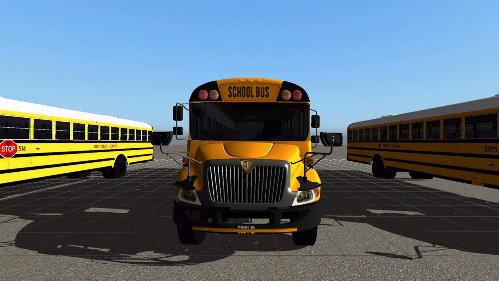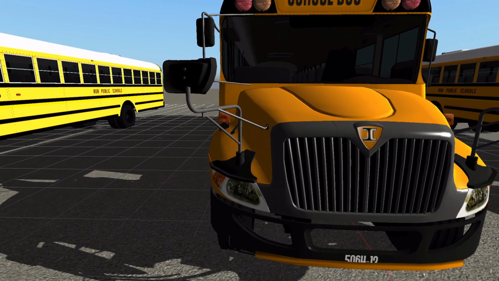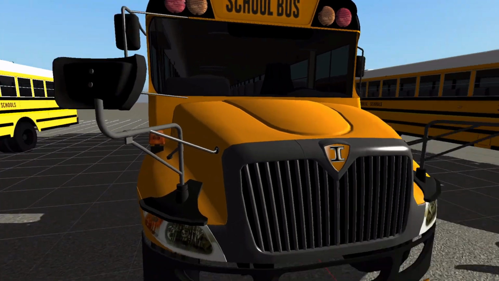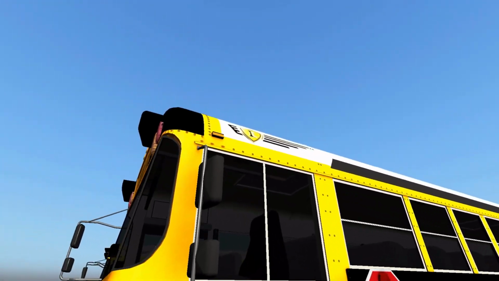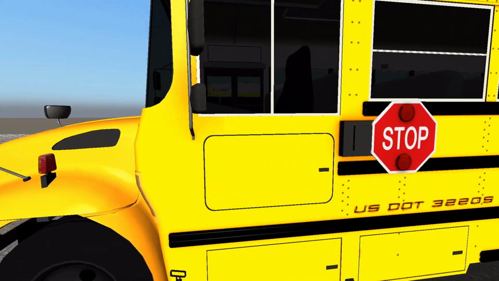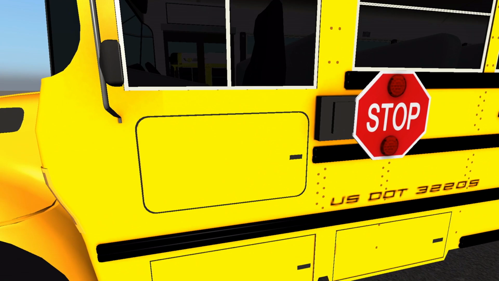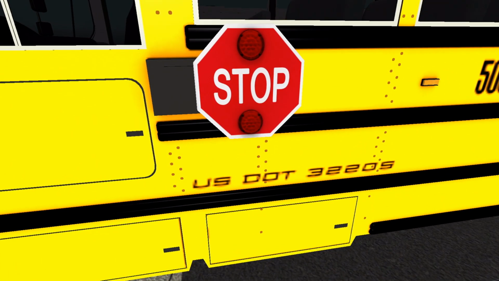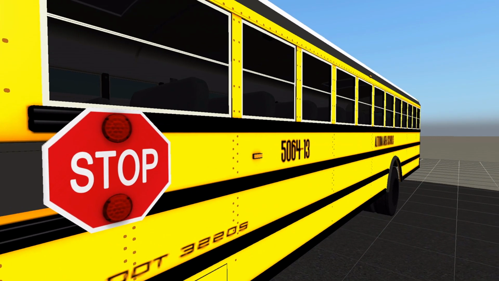Next up, we have the 2013 CE with the Max Force DT, and let's start out up front. We have a chrome grille, headlights, and then turn signals on the hood, HD crossview mirrors, crossing gate, number on the bumper, LED lights up top, and then we have IC logo above the window, mirrors, tinted windows down the side, battery box, fuse box, or battery box at the bottom, and then fuse box at the top, and then looks like another battery box, and then US DOT number, and then I would think the stop sign's LED, and then number,